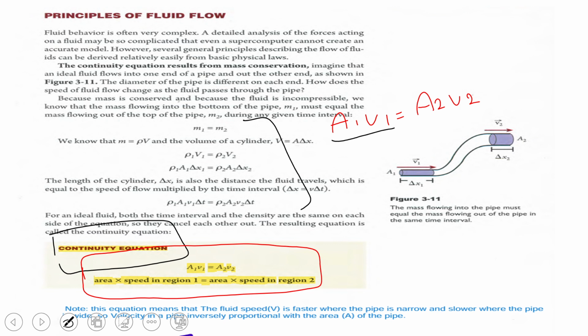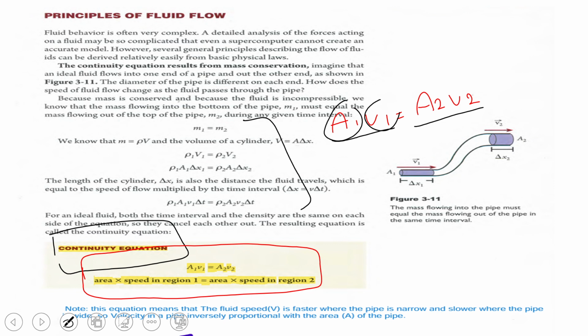Area 1, v1: it means in the first region we have a velocity. In that region we have an area, and in this area we have a velocity. In the second region we have a second velocity. You can understand